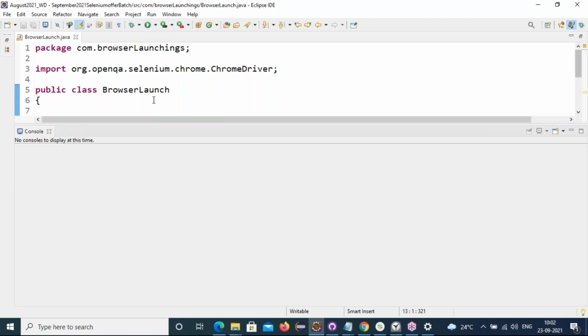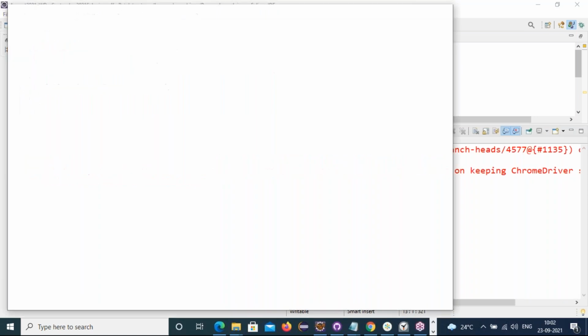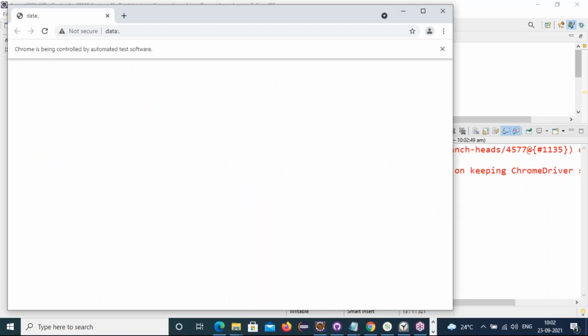Once you set up browser drivers in environment variables and through script, it always prefers the local one. Through script, whatever drivers you set up, those drivers it will consider. If it is not there in the script, then it will take the drivers from system environment variables. Any of the ways we can set.